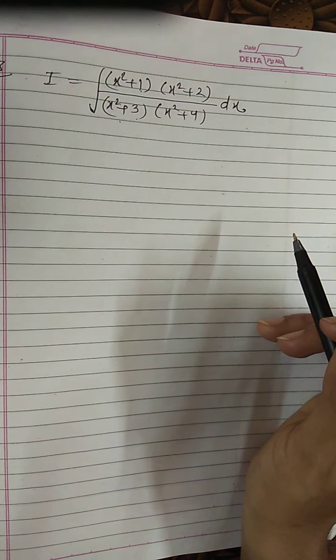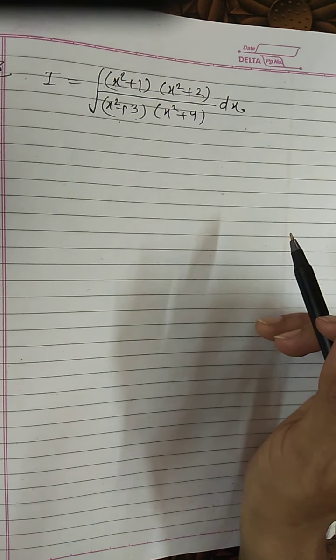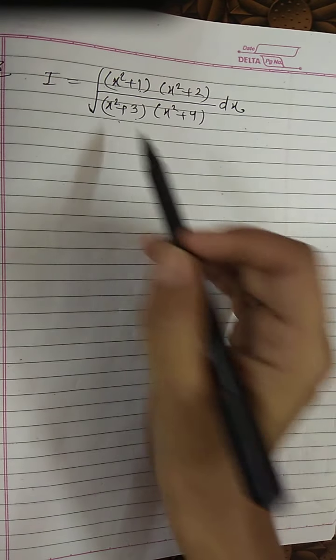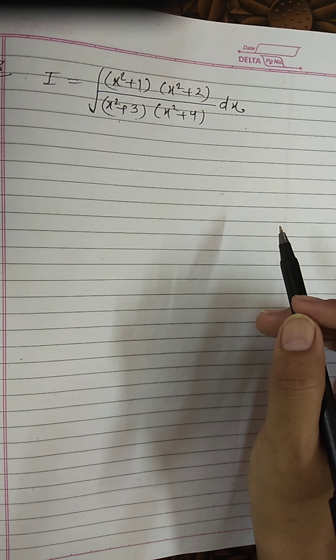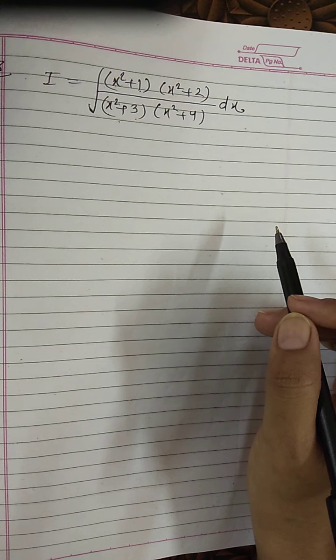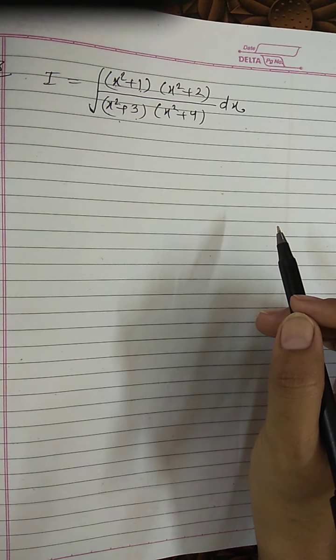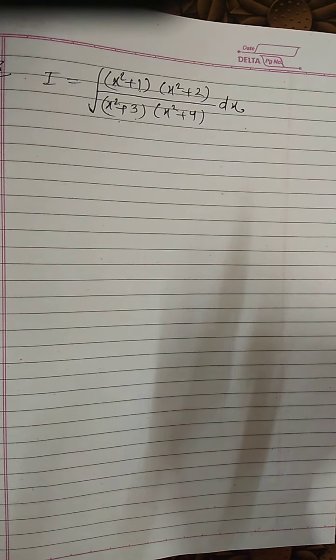Once I have converted it into partial fractions, we calculate the values of constants a and b, because only two terms are there in the denominator. So after getting the values of constants a and b, we will substitute back the value of that second variable, if it is y or t, as x square, and then we will do the integration. I am explaining this verbally, but now let me show you what we are going to do.